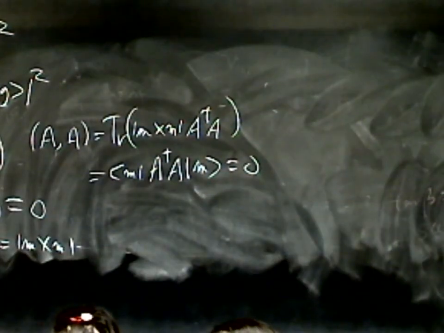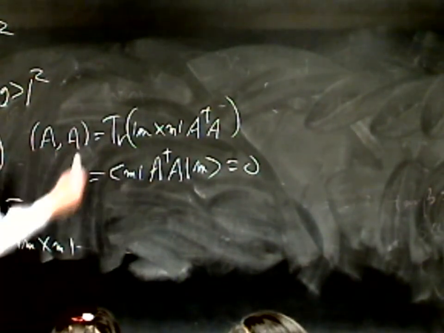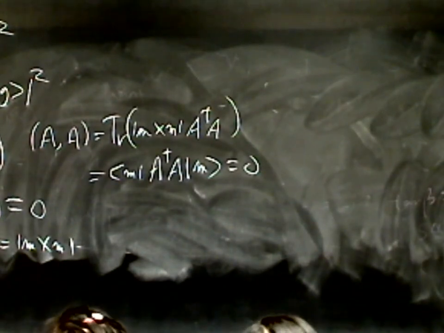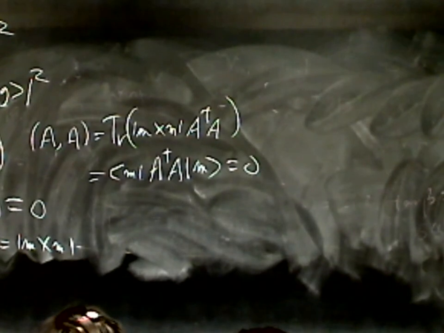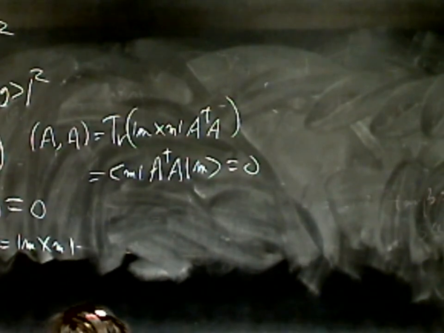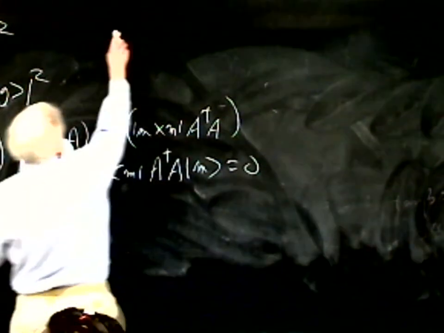It shows that whereas A is by no means the zero operator, all you need for this to happen is for A to map one vector into 0, which does mean A dagger A has an eigenvalue of 0. Okay, anyway, that's another inner product, and applying the Schwarz inequality, we get the following result: